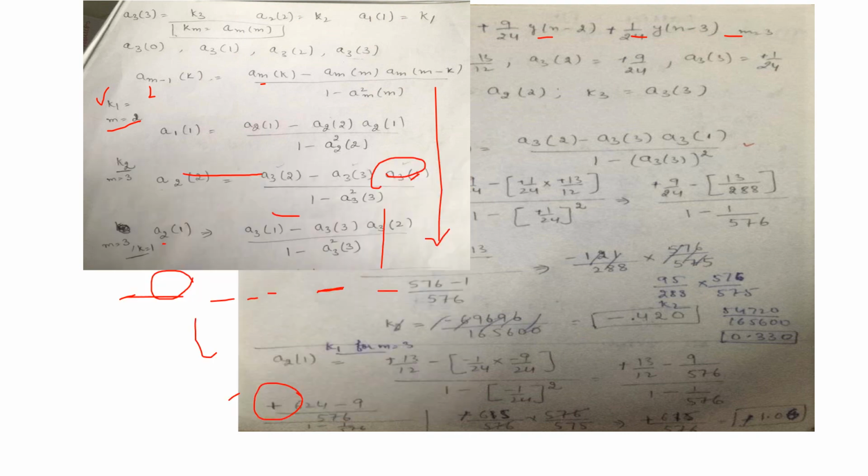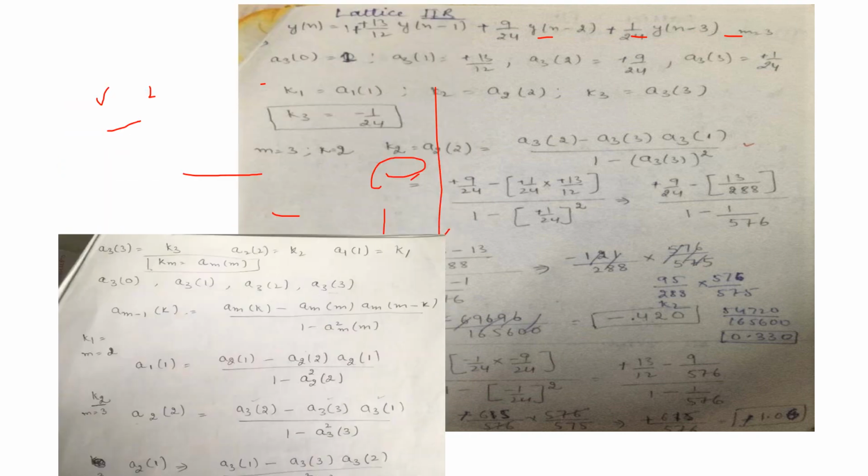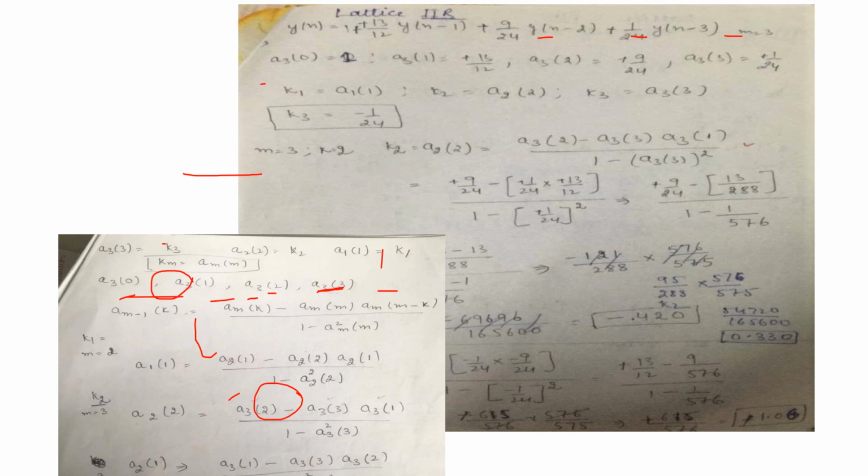I am deleting this. This is required, so I will not delete this. Okay. See, as we know, the order of equation for this is 3. Clear? Order of equation for this is 3. So you need K1, K2, K3 because 3 stages are there. Order of equation is 3, so there are 3 stages and you need the values of K1, K2 and K3.